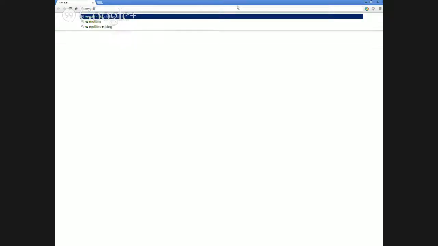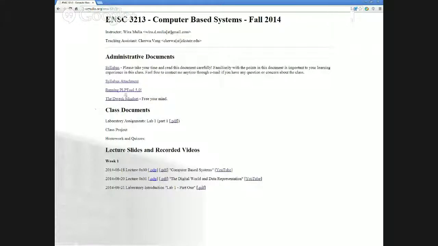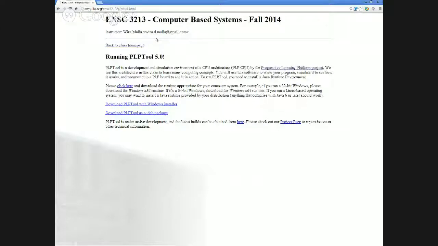All right. So if you go to the class website, let me open the class website. It's an HD projector. It's much nicer than the class. Sweet, we can watch Matrix. So if you go to the class website, if you go to PLP Tool 5, Java is installed in these computers, but we don't have admin access, right? So when you install PLP Tool, when you go here,